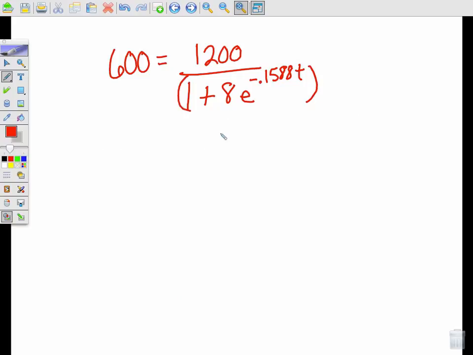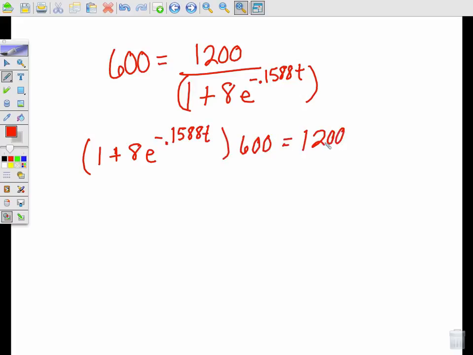All right, I'm going to go ahead and copy this over to the other page here, this equation that we're going to solve. So the first thing you're going to want to do is take all of this and multiply it to the other side. 1 plus 8 e to the negative 0.1588t times 600 equals 1200. Your next step would be to divide by 600. 1 plus 8 e to the negative 0.1588t